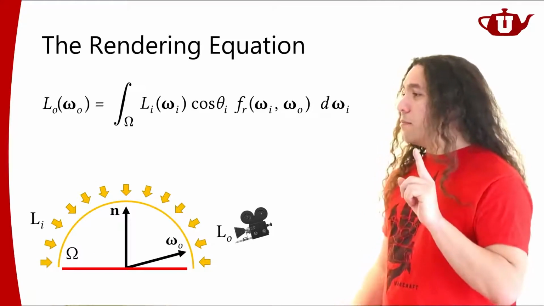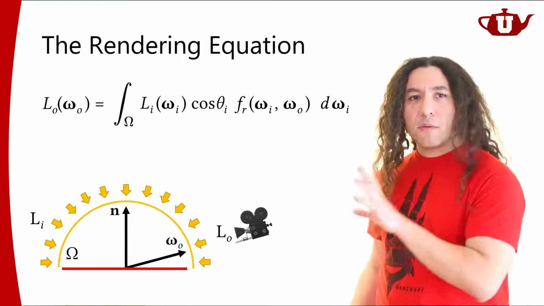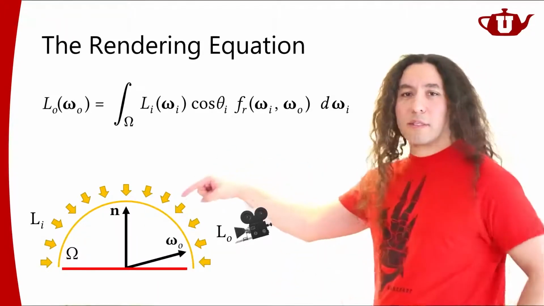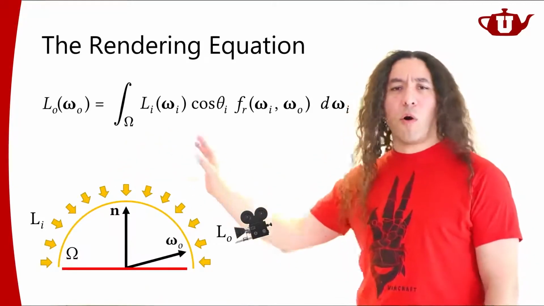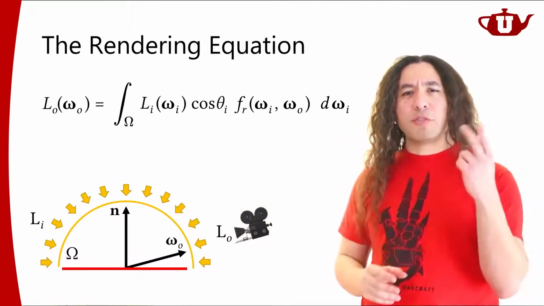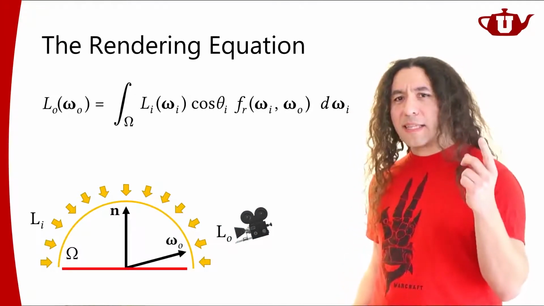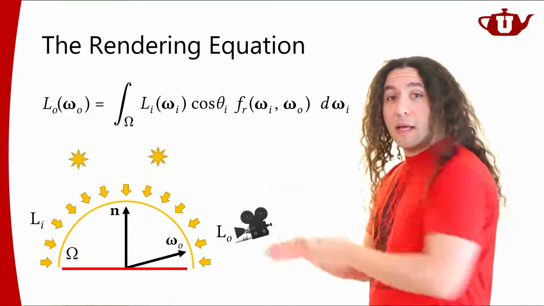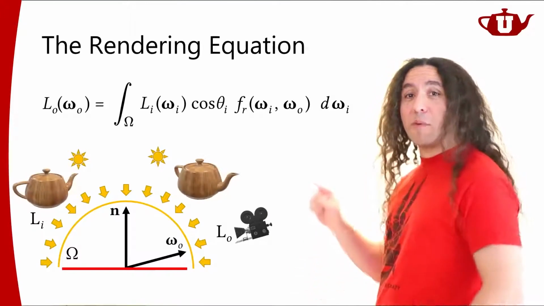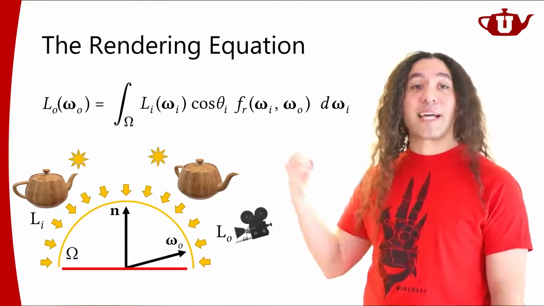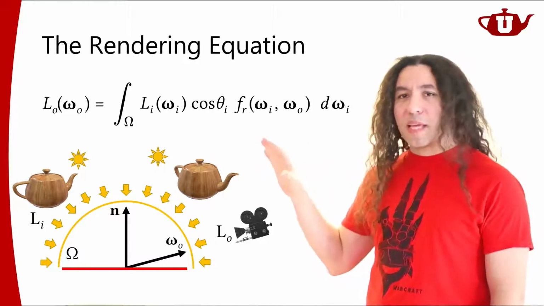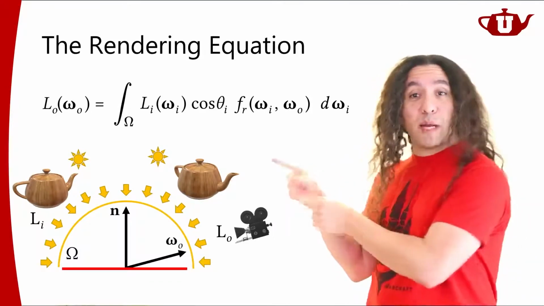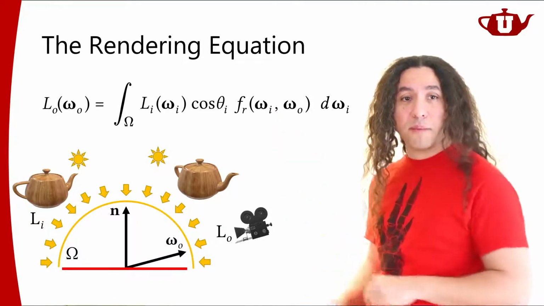Now, when it comes to computing this, however, we need to do things a little bit differently. So this light that comes to this point from all directions actually includes two types of light. There is light that is coming directly from some light sources that are emitting light. But there's also light that is coming from other objects in the scene, light that is reflected light. And this concept is very, very important, and this is the fundamental thing, that when I talk about realistic lighting, this is what I'm talking about, just computing this integral properly, right?